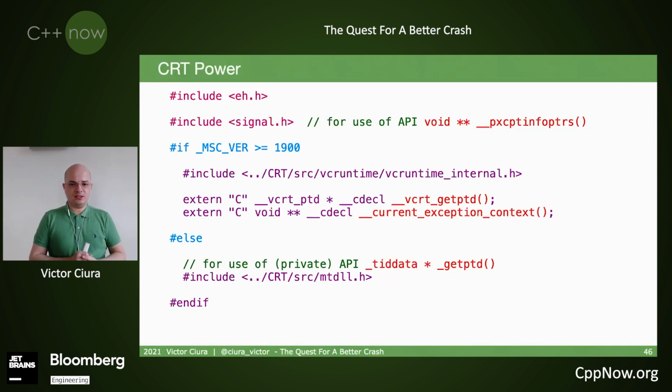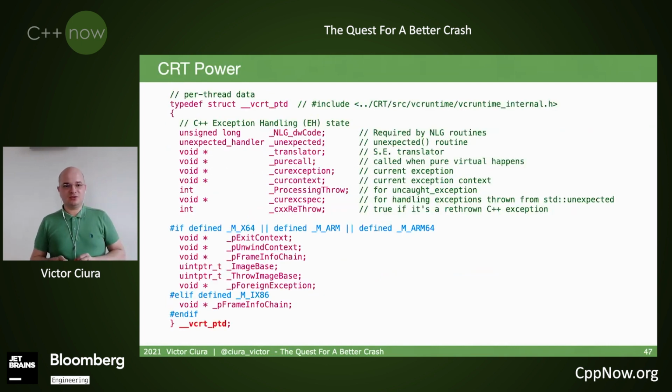Okay. I talked about these APIs. You're not going to find these APIs easily accessible by a simple include. You do have some dependencies there, like exception handling.h and signal.h to get some of these symbols, but others you will have to declare explicitly, and the linker will know where to find them. Again, some undocumented APIs here. Mind the magic. Don't get hung up on the details.